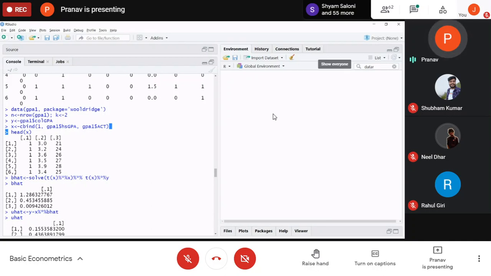Now the next thing that we do is we calculate the residuals. And for the residuals, again, I have just used the formula. The formula is y minus